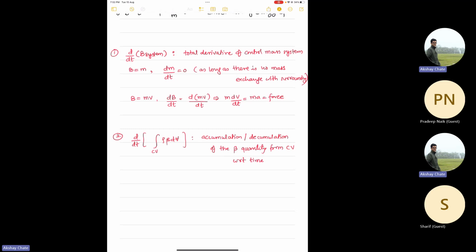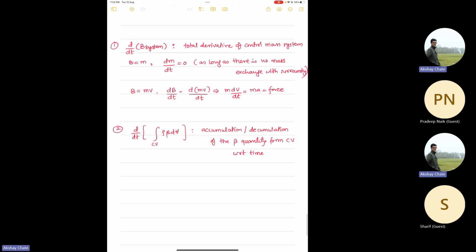So basically, let's say at t equal to 0, you had 10 kg of water in your heat exchanger container. And when you switched on the heat exchanger, after 15 minutes only 5 kg is there. So that is decumulation. But after 5 minutes, if it is 15 kg, that means the water is getting accumulated slowly with respect to time. And the third term,